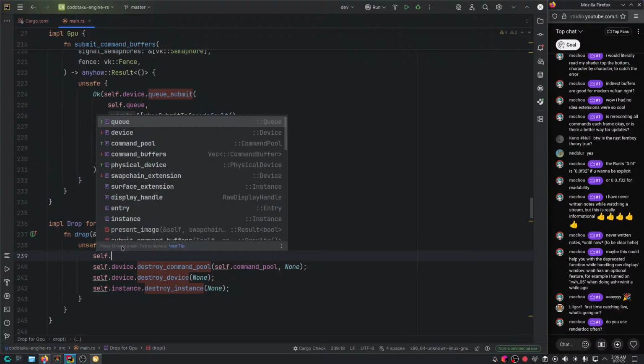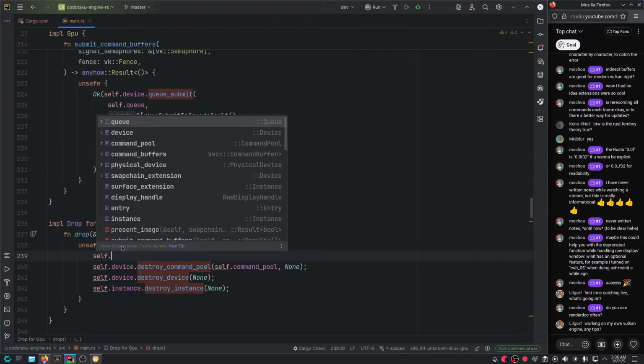Do you use RenderDoc often? So instead of using a game engine, I'm creating the game engine, and that's exactly what's going on here. Sometimes, it depends. Though it does kind of suck on Wayland for some reason. Working on my own Vulkan engine, any tips? I mean, if you have any questions, please let me know.